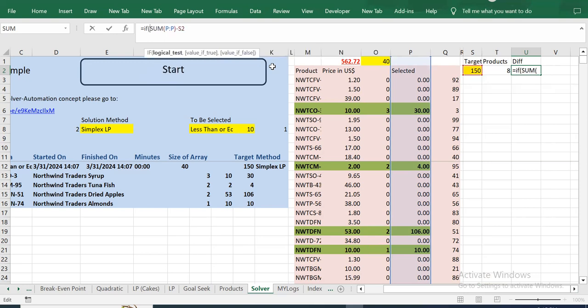So if all this, let's copy it, if the outcome of this expression is greater than or equal to minus 2, right? Okay, minus 2,